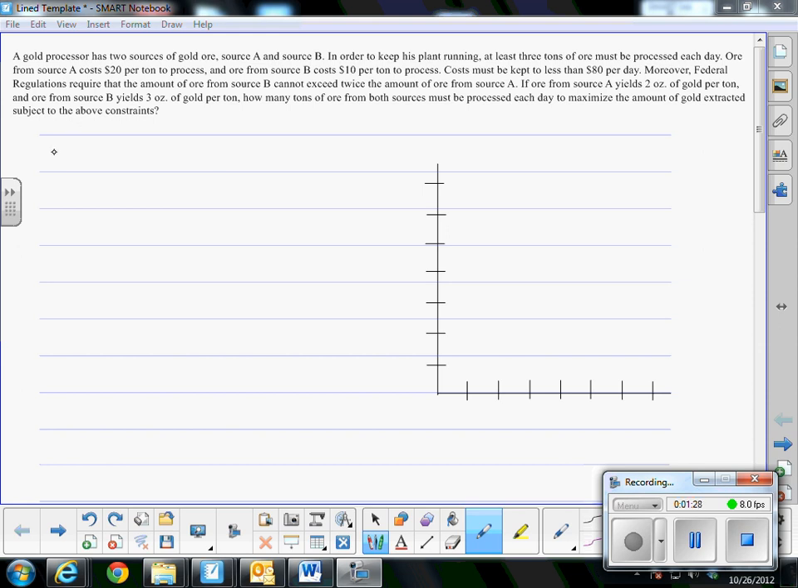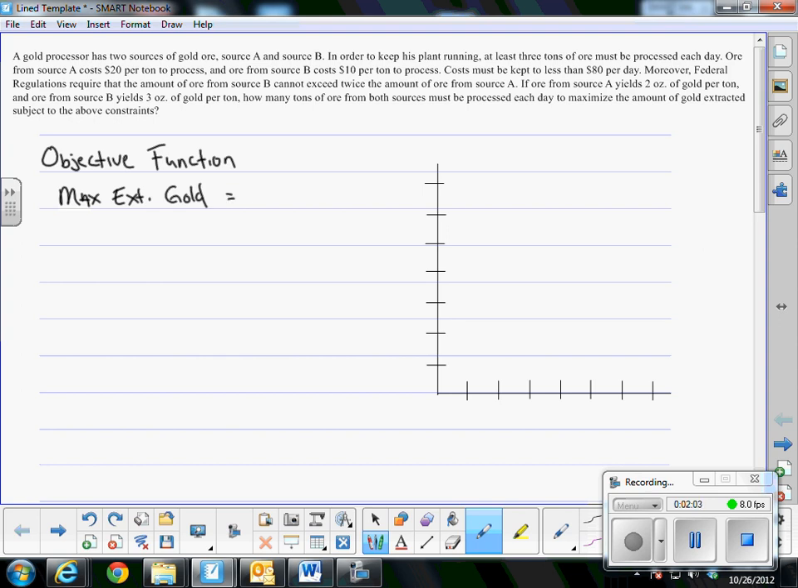First thing you want to do is talk about your objective function. Remember, the objective function is basically the overall goal of the scenario. If we look at this, it says how many tons of ore from both sources must be processed each day to maximize the amount of gold extracted. So I want to maximize the amount of gold extracted. So the max extracted gold